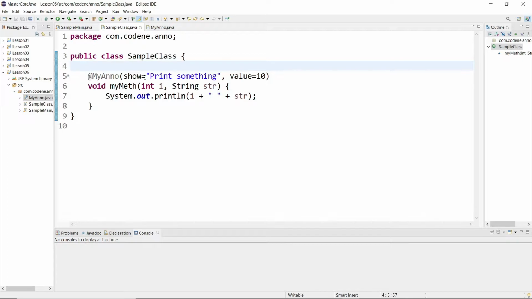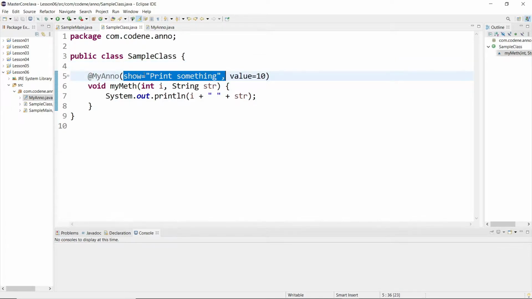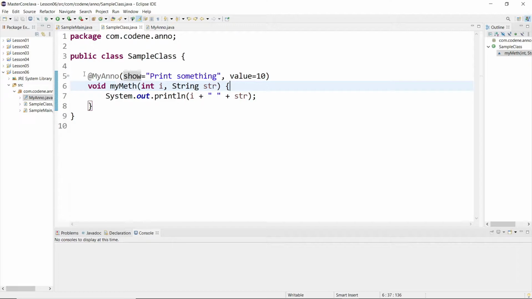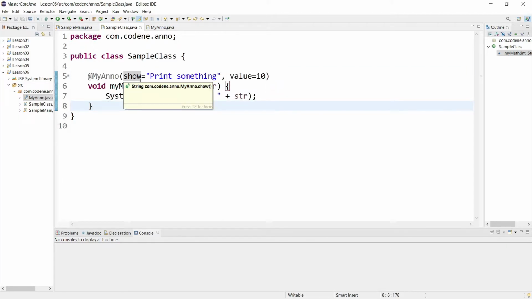You cannot have a method body inside, but you can declare the return type of the method in the annotation. So it's not doing anything, it is only providing additional information. That is the work of the annotation.